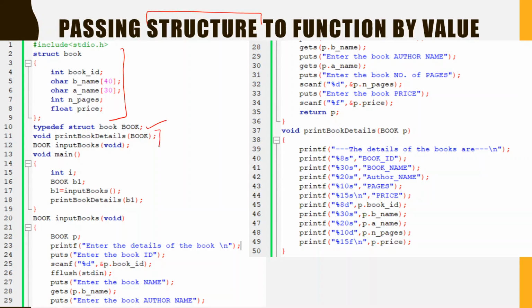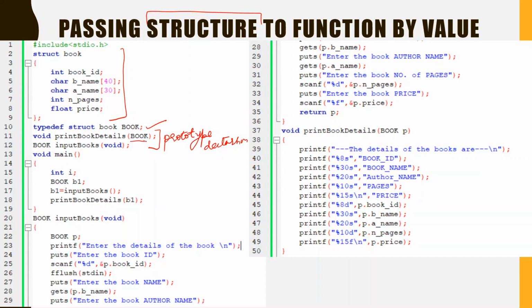Now here we have written the prototype declaration. Those who don't know the basic constituents of a function should watch the videos on functions before coming to this particular topic. You can find those videos in the function playlist of my channel. Statements 11 and 12 are the prototype declarations of the functions, which take input of this user defined data type, that is book.